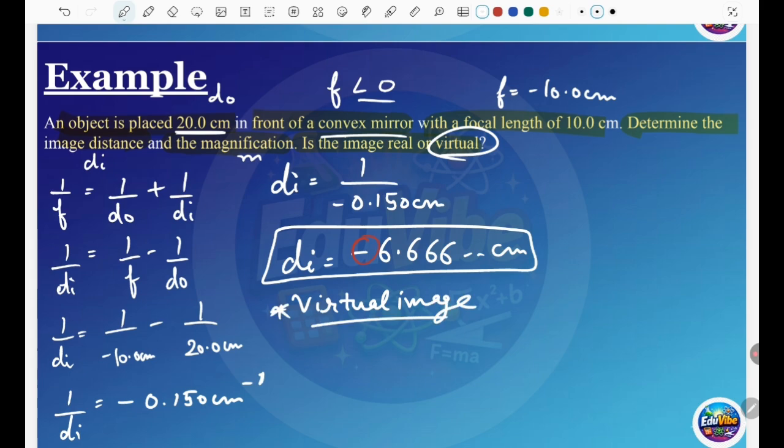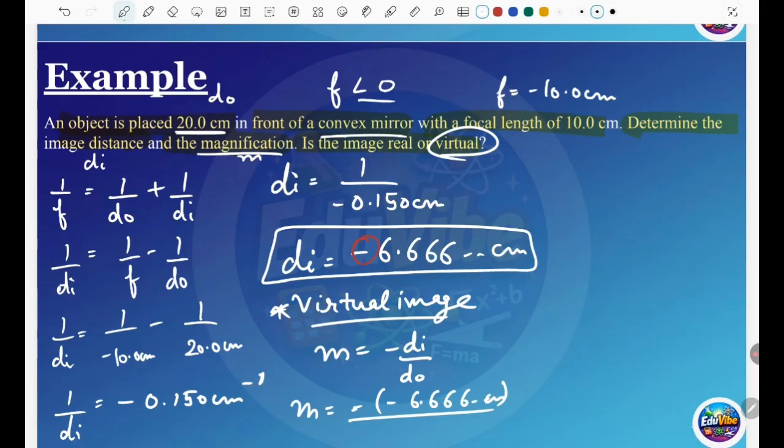But sometimes you get this with the concave mirror too. And you also find the magnification. So you have di, you have do. So you can use this formula, that m is equal to minus di upon do. So minus, and then minus 6.666 centimeters, divide this by 20.0 centimeters. You will get your m of about